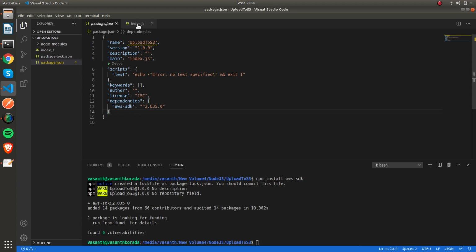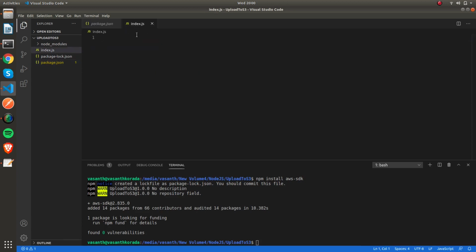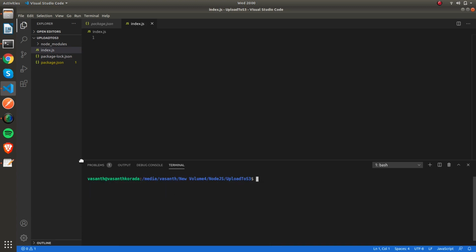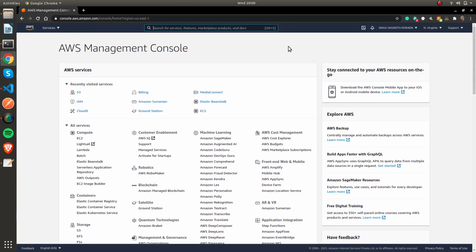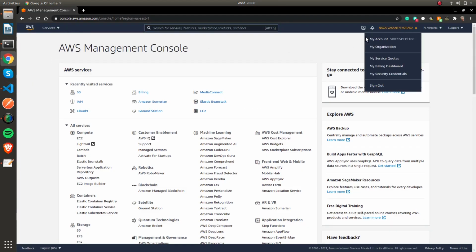In order to connect to AWS through our AWS SDK, we need some security credentials. Those security credentials will be provided by AWS through this console, where you can find them here.